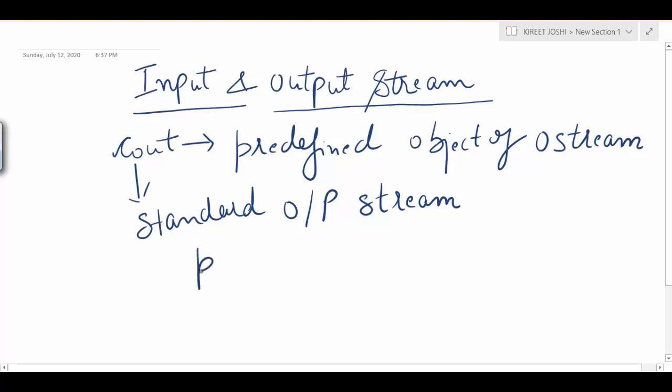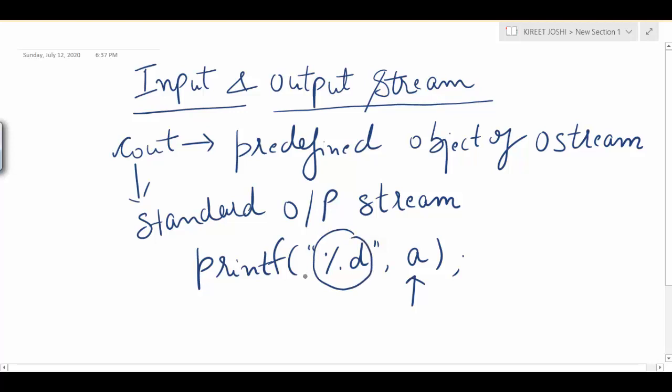In printf, if we want to print the value of a certain variable, then we have to use a format specifier. For example, if I want to print the value of this variable a, of type integer, then we have to use a format specifier that is %d.